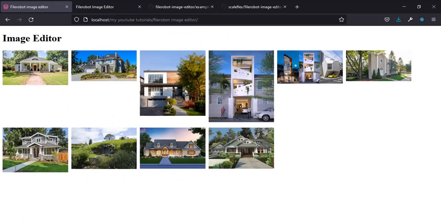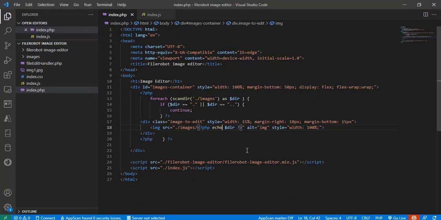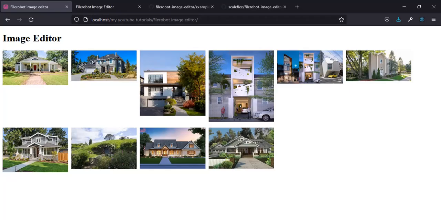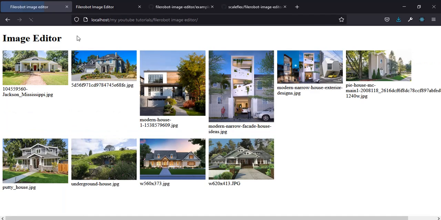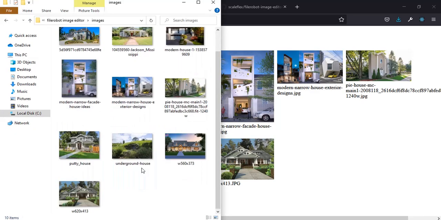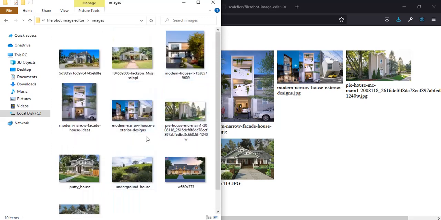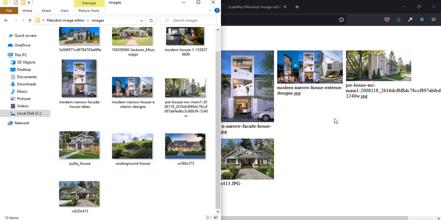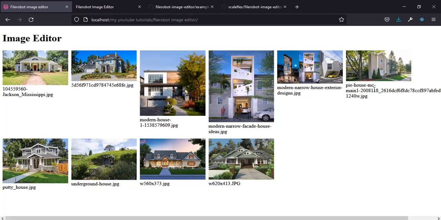Okay, so if you don't believe that that is the picture, let me just print out their name at the bottom. Okay, as you can see, Jackson Putty House, the Putty House here, the Putty House, the underground house. Okay, so the next thing we're going to be doing now is,